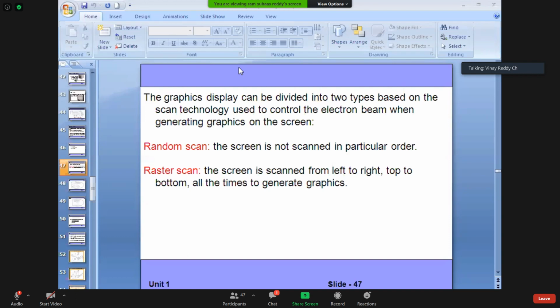If you select only one, it will give you only one picture. If you want to share the screen with somebody, we can check at least the visual share of the screen. That is due to this random scan and raster scan only.